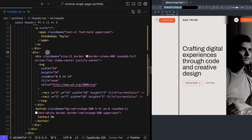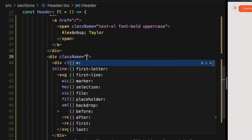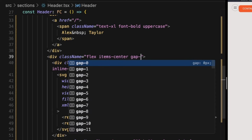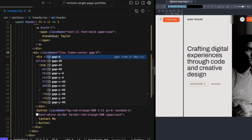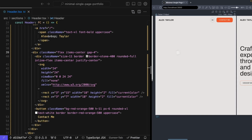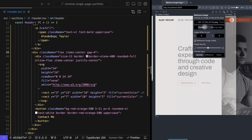And that's going to be this div that wraps both our mobile navigation icon as well as our contact button. So let's come into this and add a class name as well. That's going to be flex items center, and then gap 4 should add the 16 pixels of spacing in between. After we've made those updates, there's nothing left to do except for overlay our reference image and make sure everything